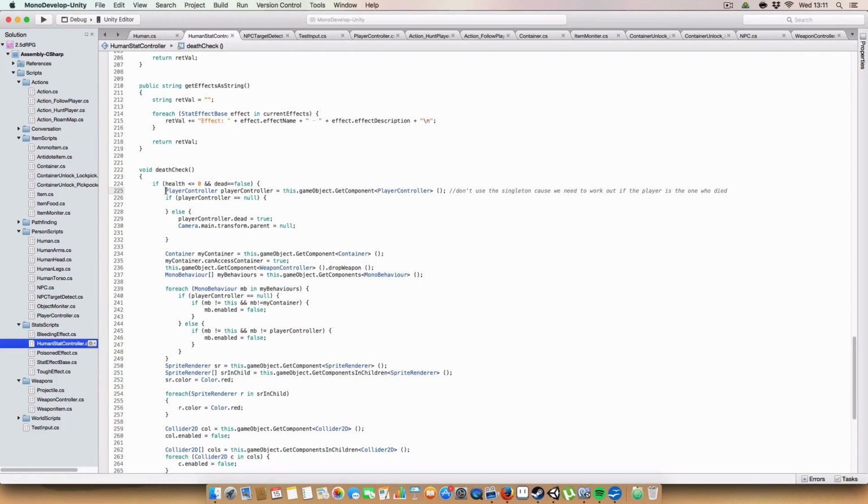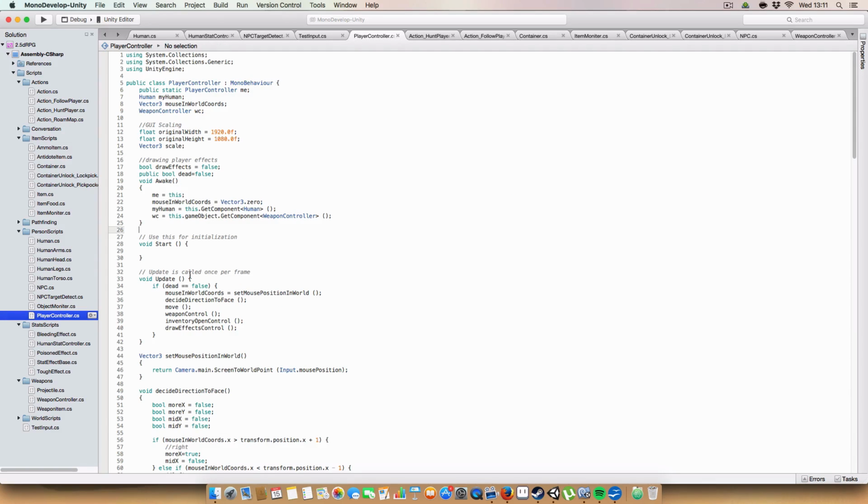First up, we see if this object that the human stack controller is attached to has a player controller, so if it's the player object or not. If it is the player object controller, then we say player controller.dead is true. So the player's dead. I think that was a new boolean. If I go to the player controller, I'll find it there. Basically, dead is also a boolean here, a public bool,